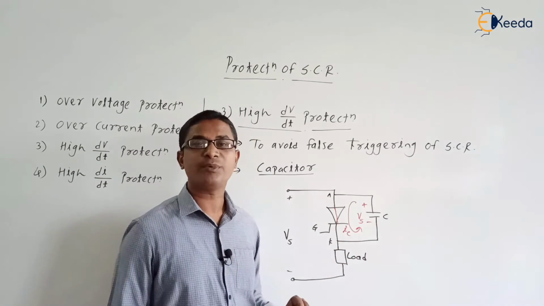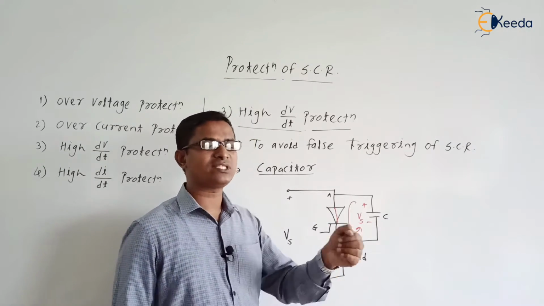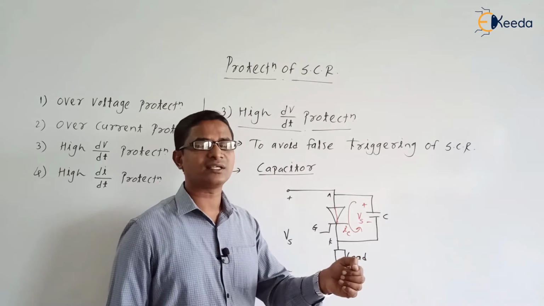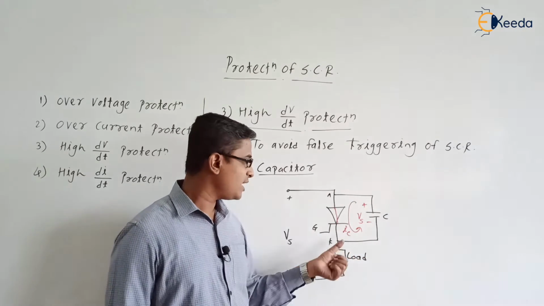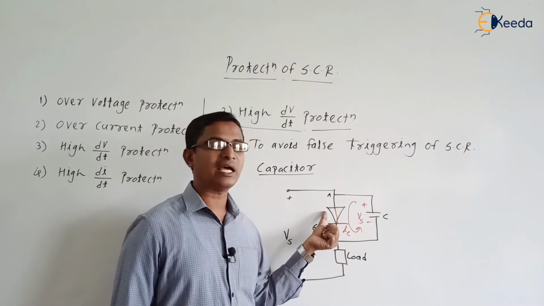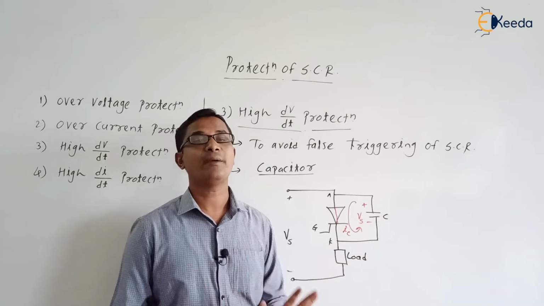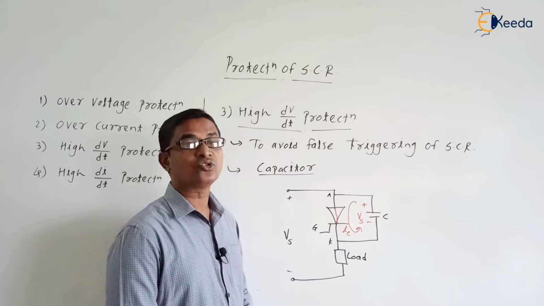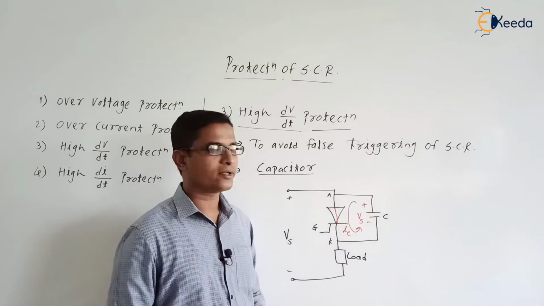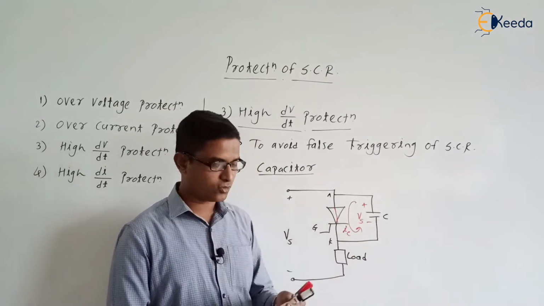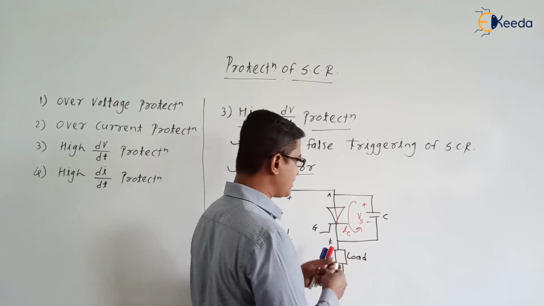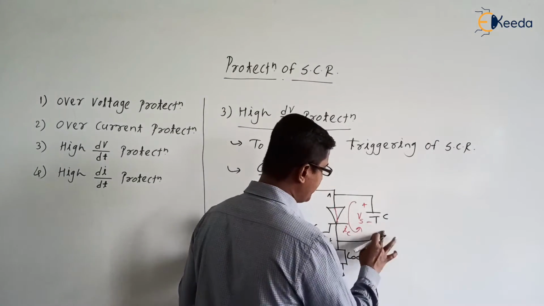Are you getting the point? Why will it not withstand a high value of discharging current? Because this high value will cause the thyristor to be permanently damaged. Therefore, we need to limit the discharging current of the capacitor. In order to limit it, generally a resistor is connected in series with the capacitor.